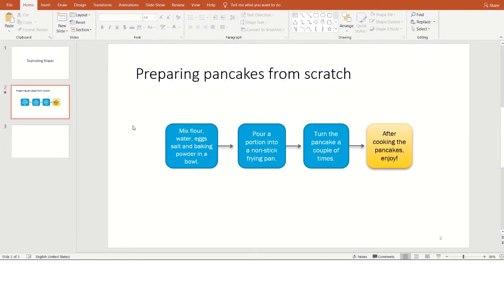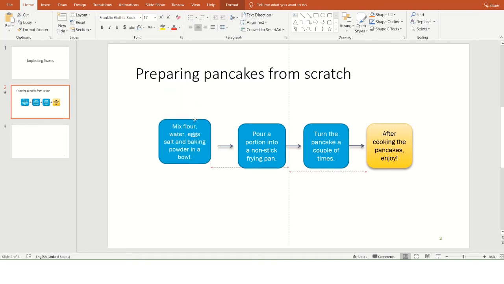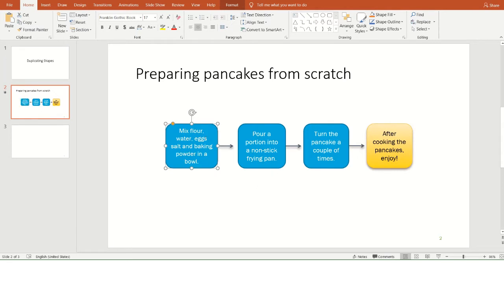Sometimes we prepare our visuals or diagrams in PowerPoint by using shapes. For example, here in this slide, we have a number of shapes, like this one. It's a rectangular shape with rounded edges. I think all of these are the same, and you have an arrow shape right here. So if you want to have same sized shapes in here,